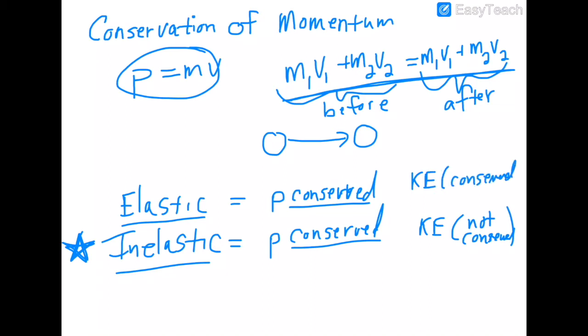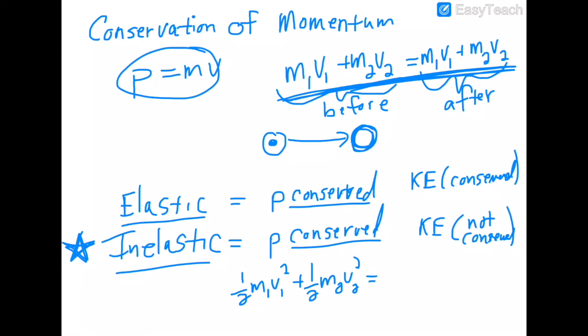And what that means is that instead of momentum being conserved like this up here, you could do 1/2 m1 v1 squared, the kinetic energy of this ball here before the collision, plus 1/2 m2 v2 squared, the kinetic energy of this ball here before the collision,